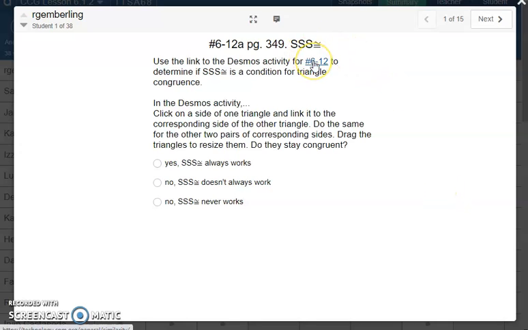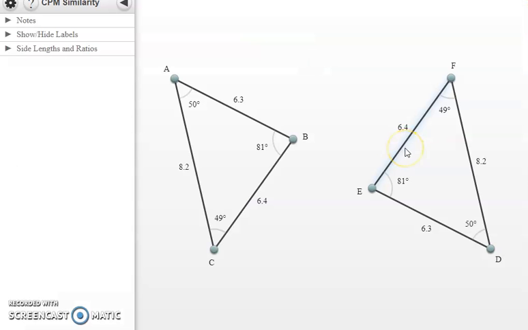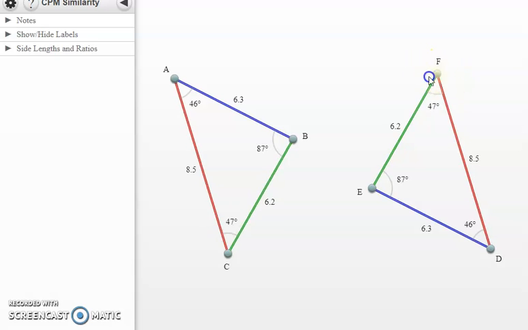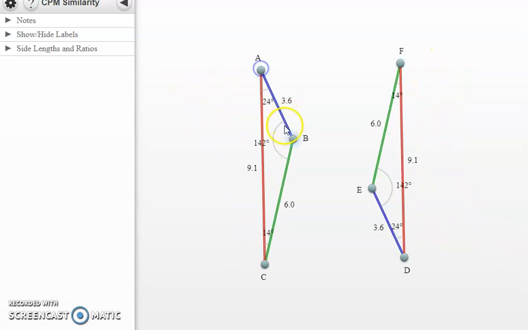So in problem 6, you are being asked to check out side, side, side, to see if it actually works as a congruency rule. So if I click on AB and move the icon over to DE, that guarantees those will stay the same length. And if I do the same thing for the other two pairs of corresponding sides that currently have the same measurement, the question they're asking is if I move the triangles, do the triangles